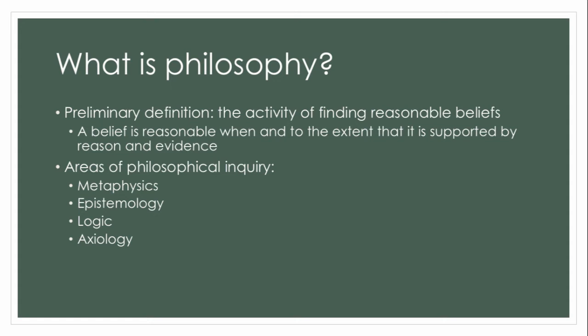And we might think of value as being divided into two further basic types: aesthetics, which looks at things like the philosophy of art, asks questions about the nature of beauty, and maybe even asks about connections between justice and beauty. And ethics is the branch of philosophy that studies morality. There we ask questions like what makes something right or wrong, what makes something good or bad, and we'll do some ethics in this class as well as some metaphysics, logic, and epistemology.